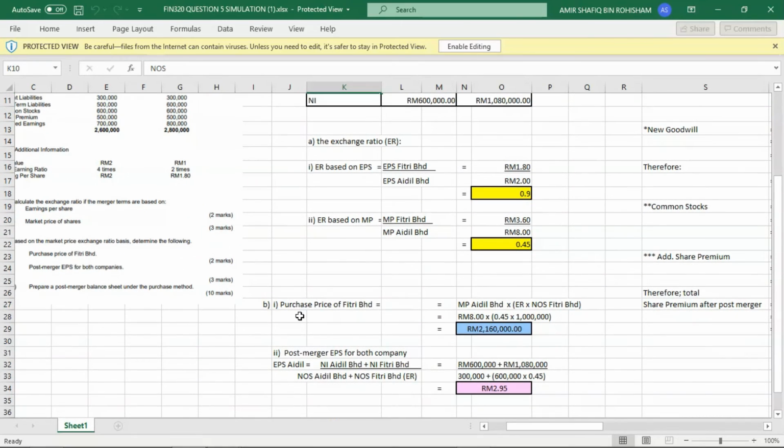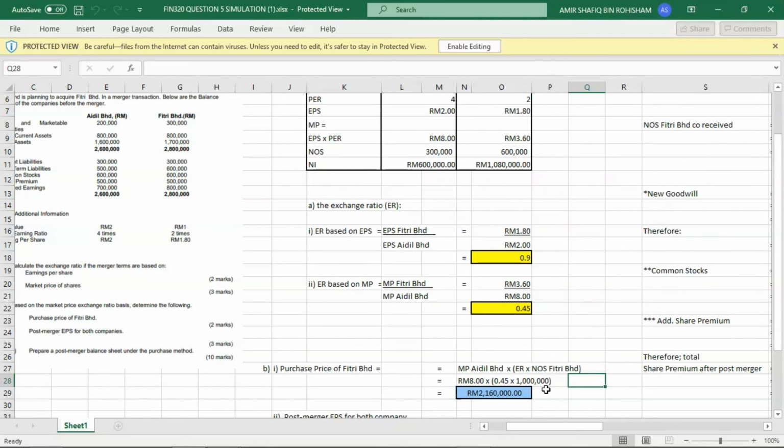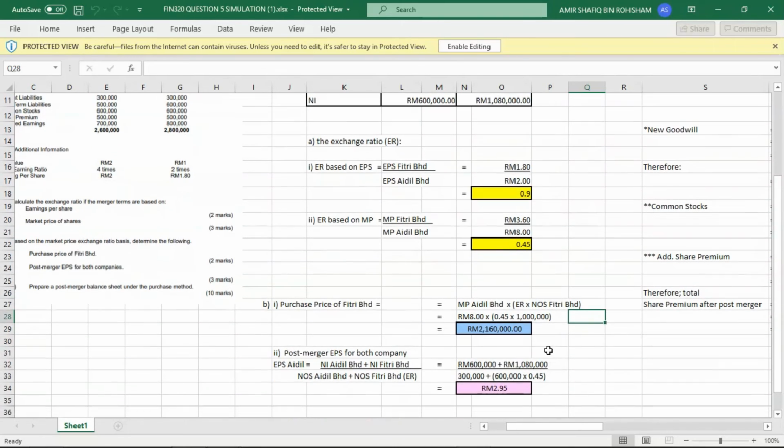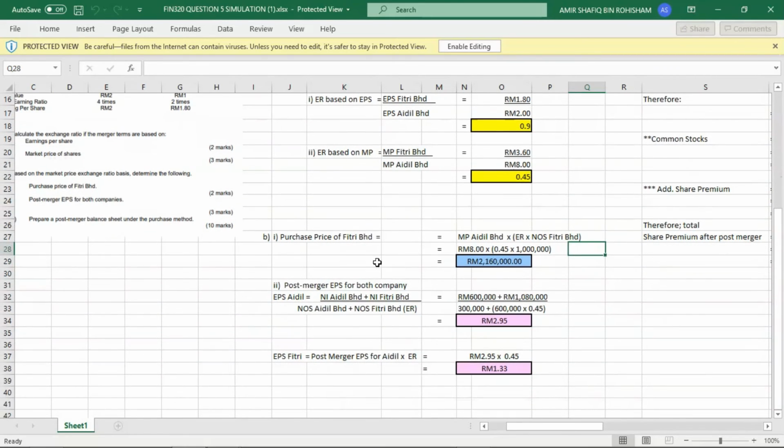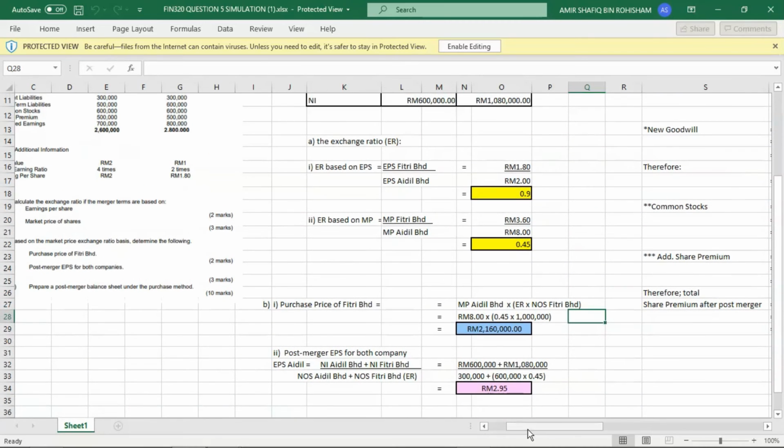And for the next one, for the purchase price of Fitri Berhad, we use MP Aidil Berhad times ER times NOS Fitri Berhad. We will use 8 ringgit times 0.5 times 1 million. We get 2,160,000. Now for the post-merger, for question C2,